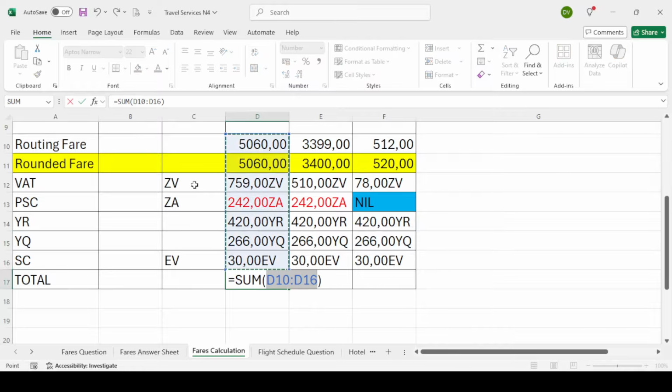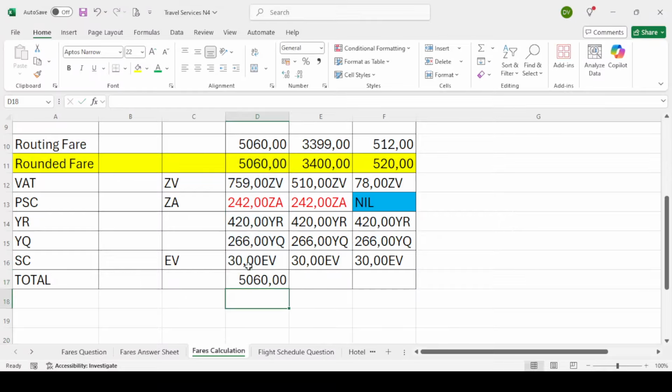Okay, I'm lucky. I'm working on Excel, so I've got a shortcut. It gives us a total. That's not right. Okay, let me just check what I'm doing wrong. Hold on. Okay, guys, I was being a bit slow here. Sorry. You can't add up in Excel when there's codes. So the ZV, the ZA, and all of that was stopping me from adding up with my auto adder.